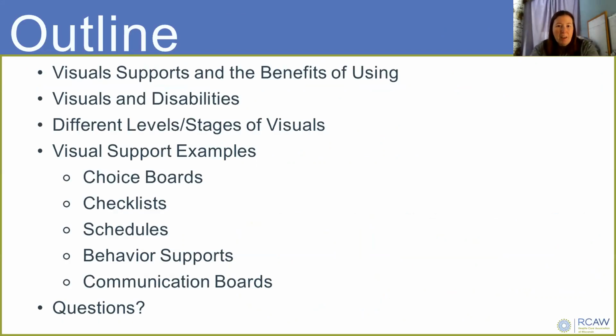Just visual supports, what they are and the benefits of using them. Visual supports and how they can support people with disabilities. Very briefly on the different levels and stages of visuals, and then give you some examples and go through how you can use these different things to support the individuals that you might be working with or that you might